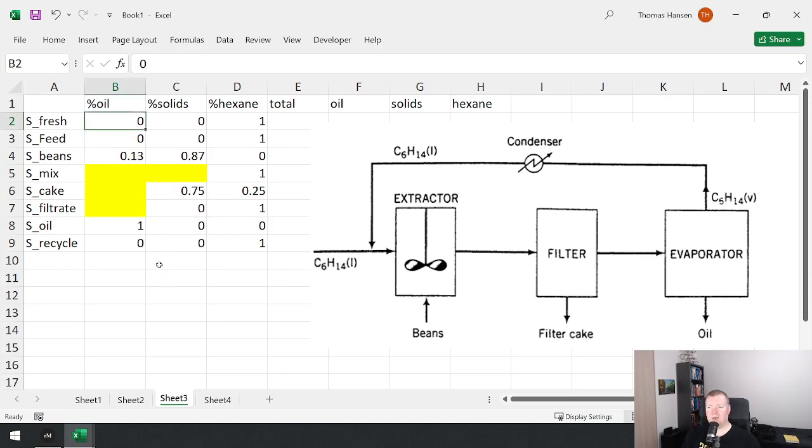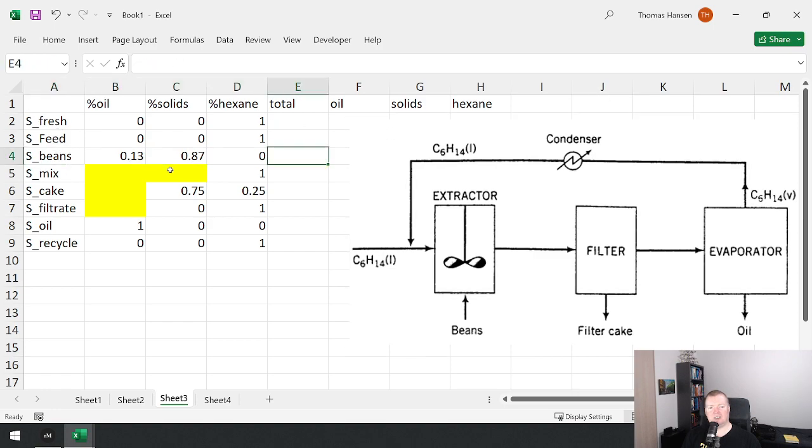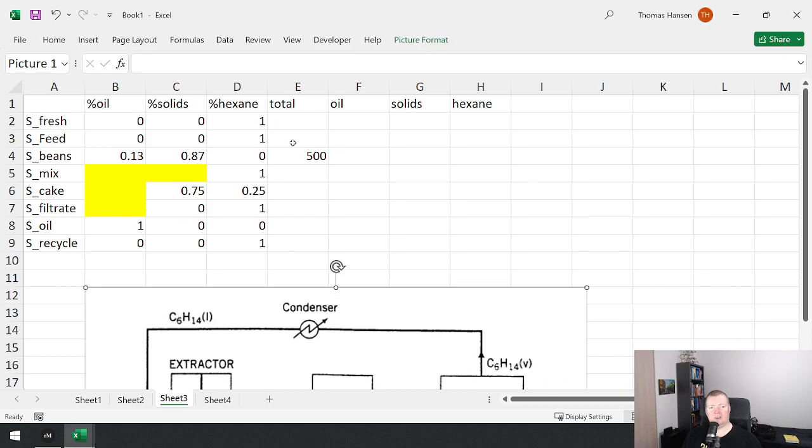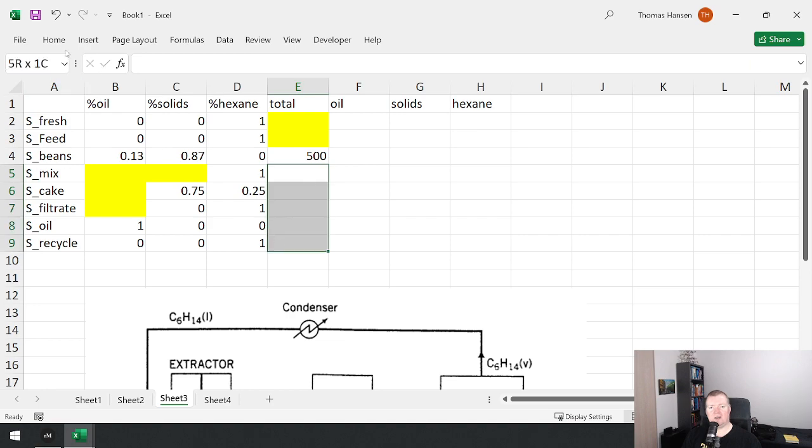Then I start to look at what I know in terms of the masses that I might want to send into this. I need to figure out how much hexane I need if I want to process 500 kilograms of beans. So we jump over here, find our bean stream, and we say that needs to contain 500 kilograms. Do we know anything else? We don't know anything else about masses, so for now we're just going to say these are unknowns, these are unknowns,